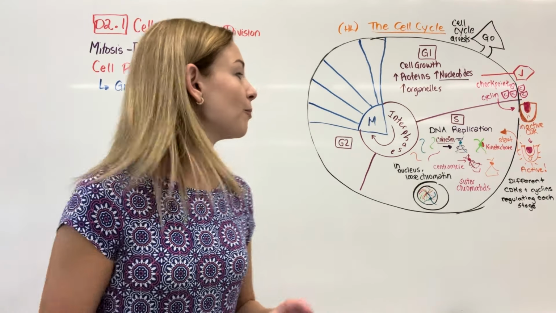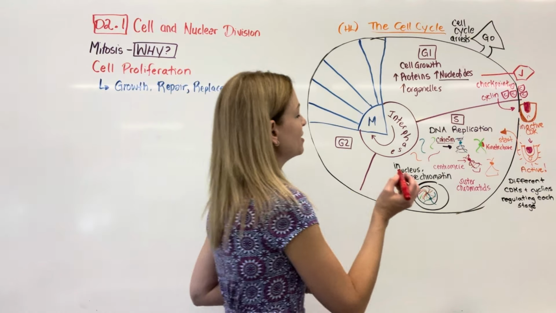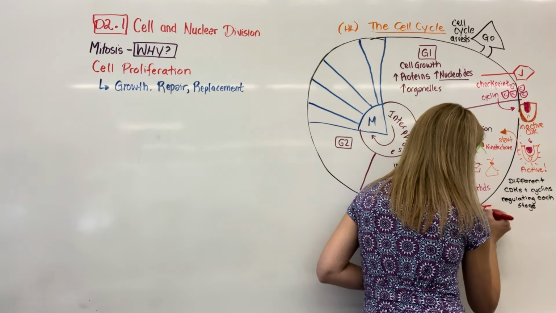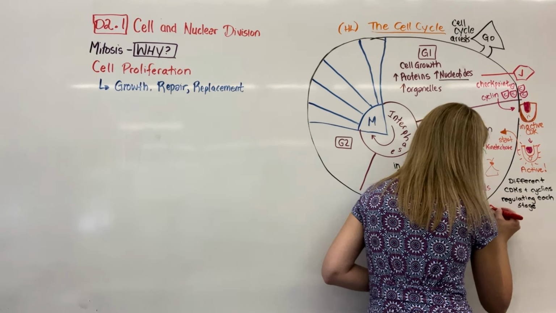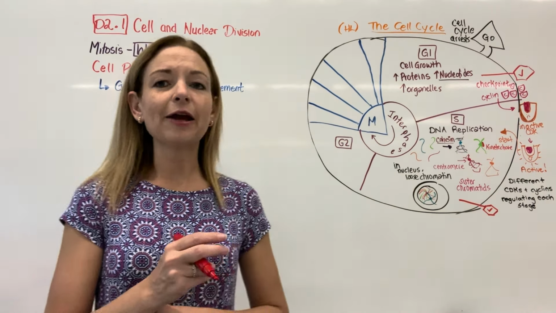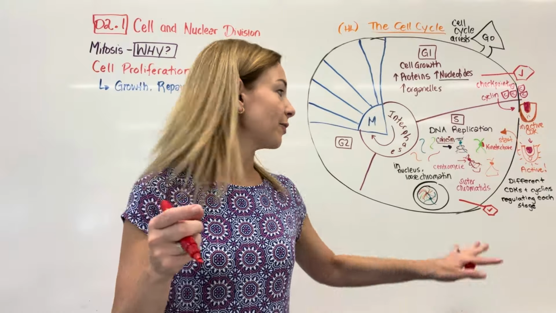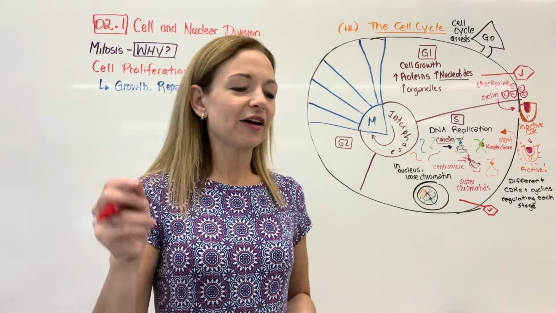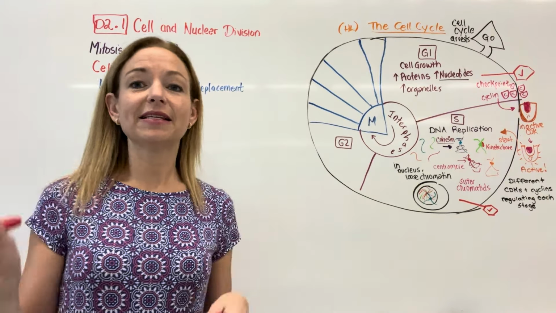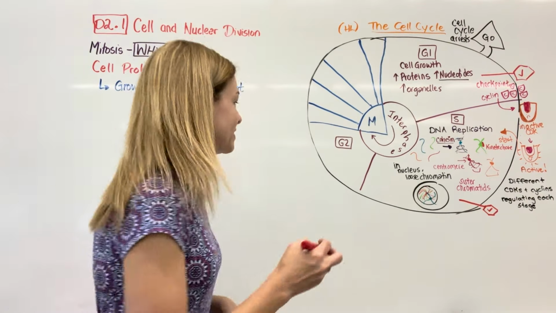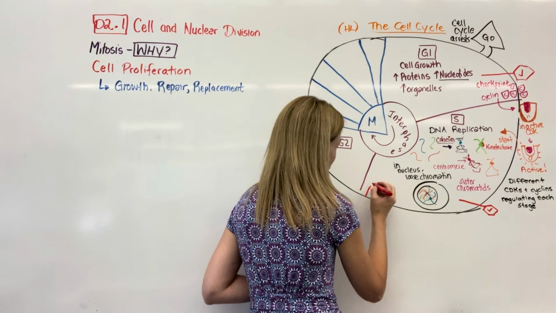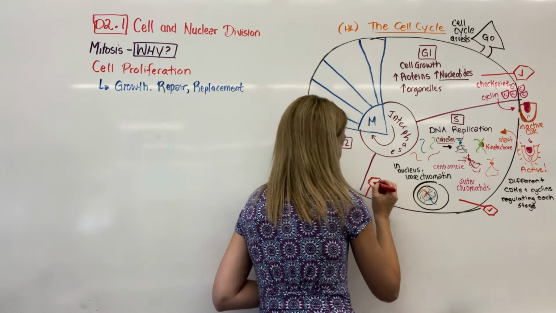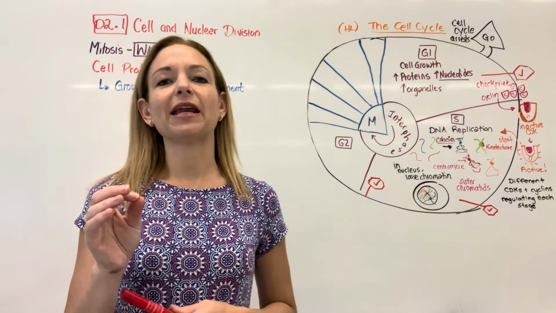There are going to be a couple more checkpoints along the way. Somewhere along here, I'm just going to make it here, there is going to be a stop and a checkpoint that's primarily going to check if there's any damage to the DNA. As it's getting ready to replicate, it's probably earlier than that, I just ran out of space, but you don't need to know the exact locations. There is going to be a check to make sure that this is good DNA and to repair any damage. And then there's going to be another checkpoint towards the end as well that is going to make sure there were no errors in the process of DNA replication.